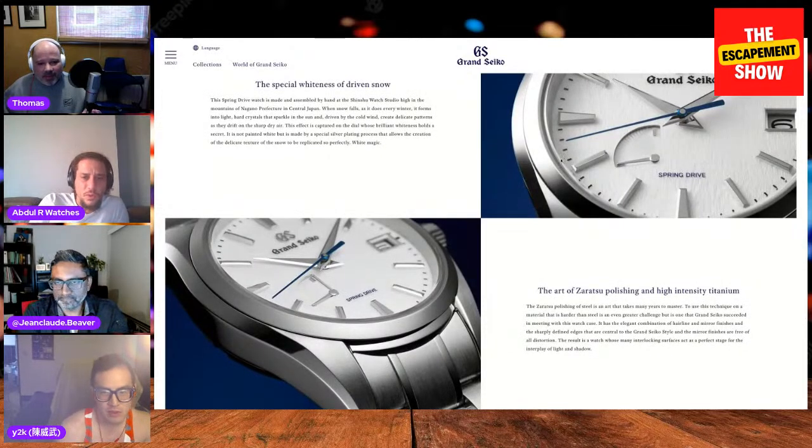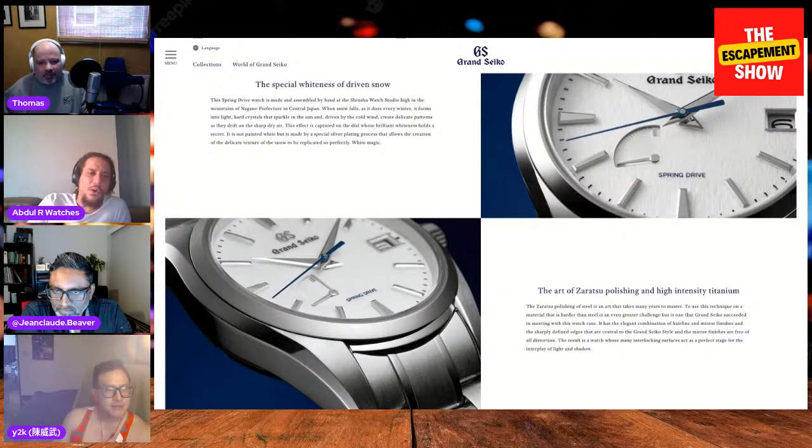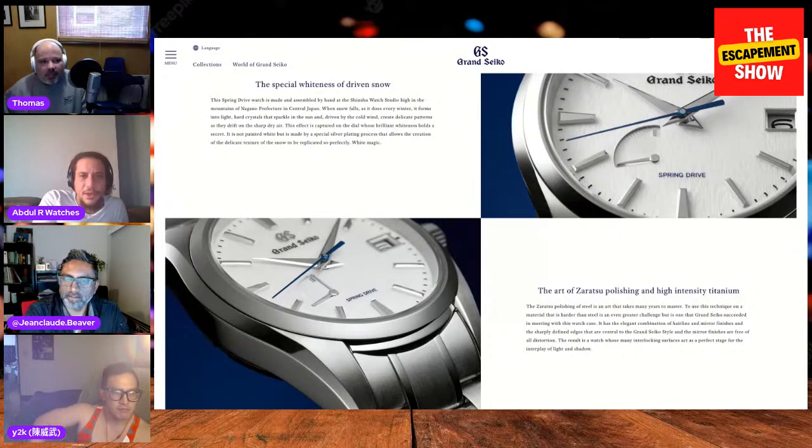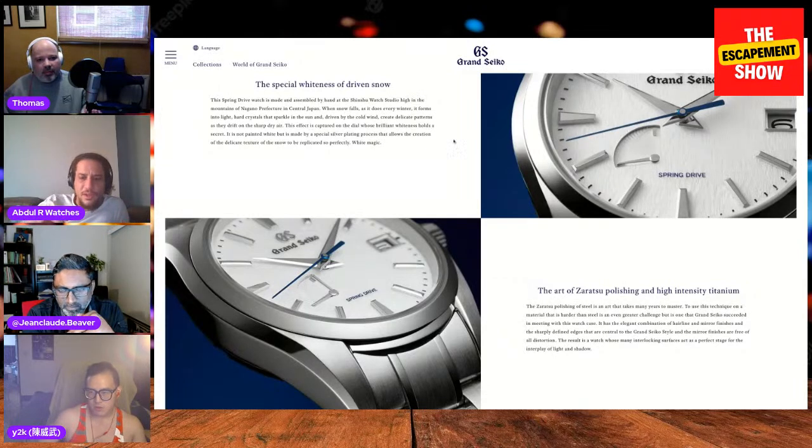Yeah, when I saw this watch when it first came out, I immediately thought, okay, now Grand Seiko is there. Now I can buy a Grand Seiko without feeling I'm buying just an expensive Seiko watch that just has the Seiko branding, because of this dial, the Zaratsu polishing. It just felt like, okay, this is a watch that in 50 years Grand Seiko will be remembered